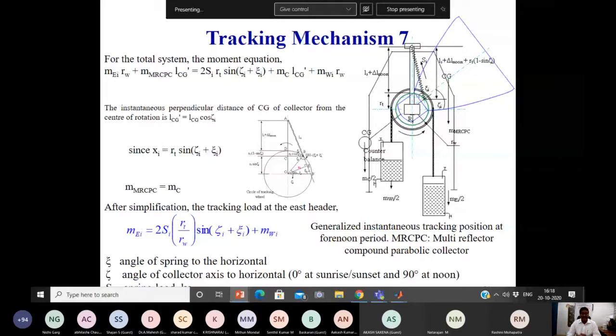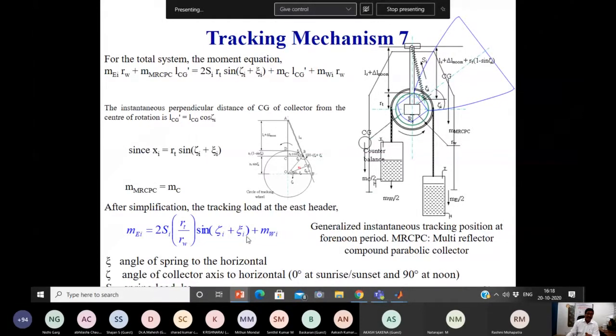These are the mathematical equations. I am not going to explain the detailed background. The basic lines are here. One is the balance equations. In thermal engineering, you are well aware of the mass balance, energy balance, exergy balance. Here there is no exergy balance or energy balance. What we are doing is the force balance. Left hand side, right hand side, and couple moments, clockwise direction is balanced by anti-clockwise direction with reference to one particular reference point, let us say the bearing. Using these basics of engineering mechanics or machine design, those things are applied here.